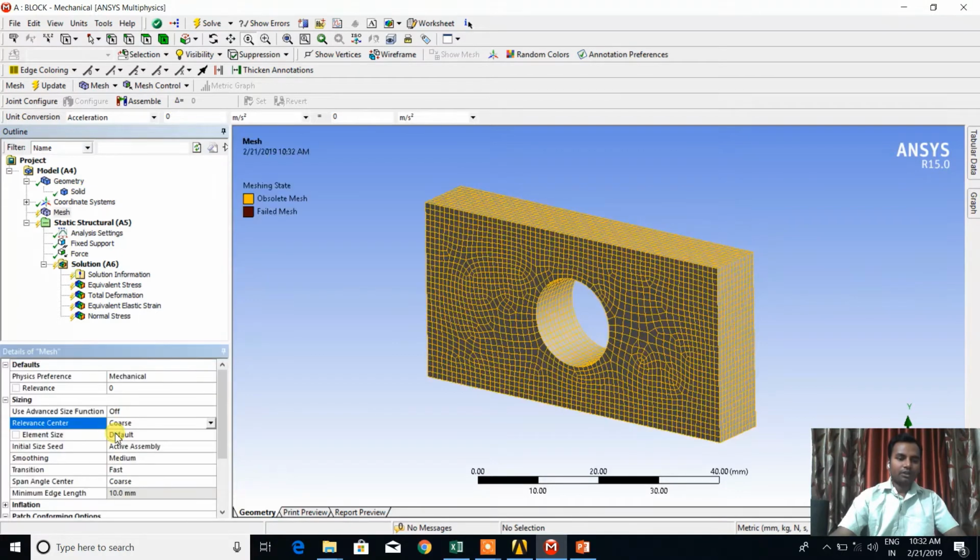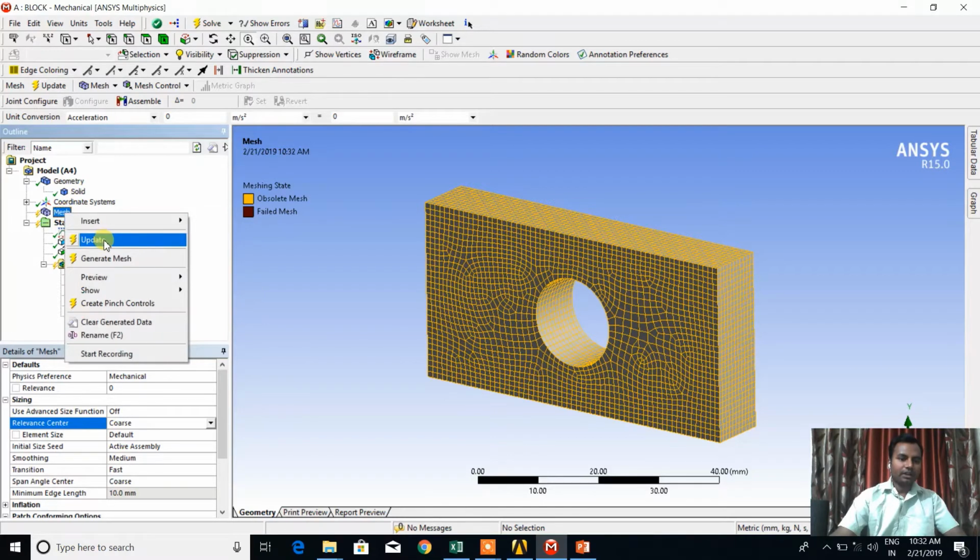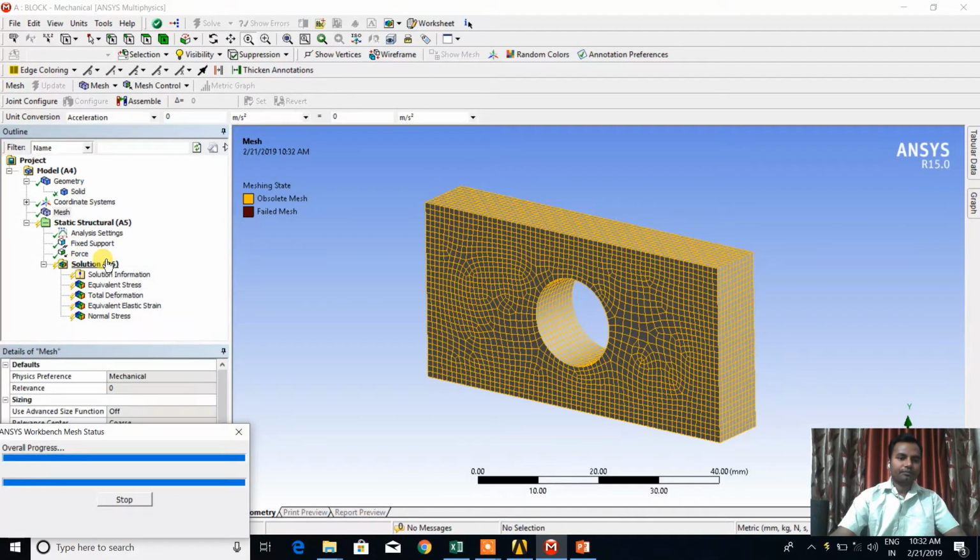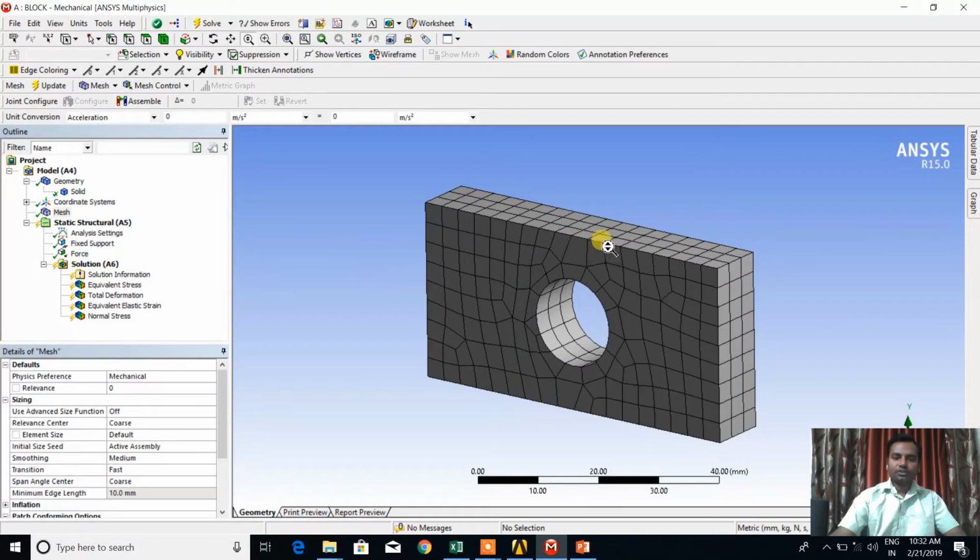Accordingly you can click on coarse, then right click on the mesh and update or generate mesh. It shows the coarse meshing, which means the number of elements will be less.